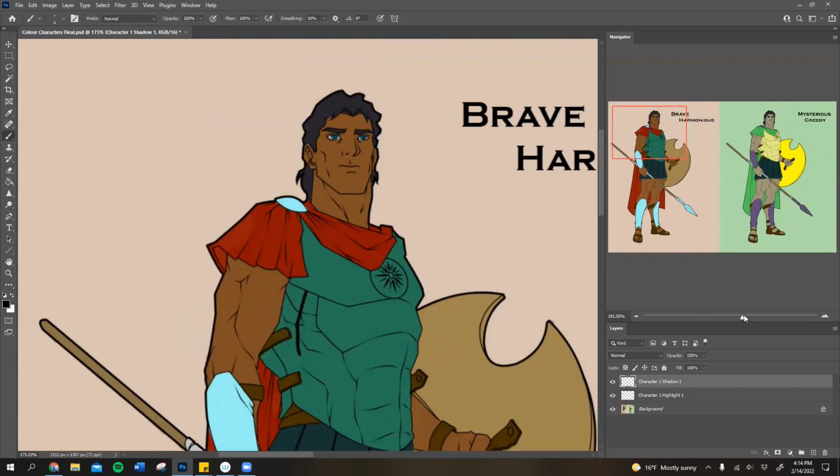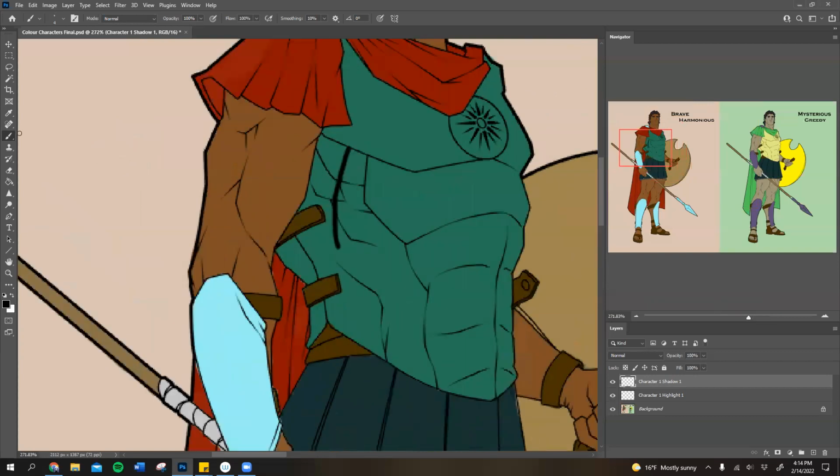So with that in mind, with the shadow layer selected, I'm going to start to draw. So we said there's a strong shadow coming from this side here. That means all of the interior of this section is going to be in shadow. The muscles on this side of the body are going to be in shadow, probably a little bit of the underside there. This is going to be in shadow. Again, keep thinking about where the lighting is coming from. This is probably going to be lit. And remember, we've got a kind of backlit shadow over there. So maybe we've got a touch of lighting just cascading across the body,